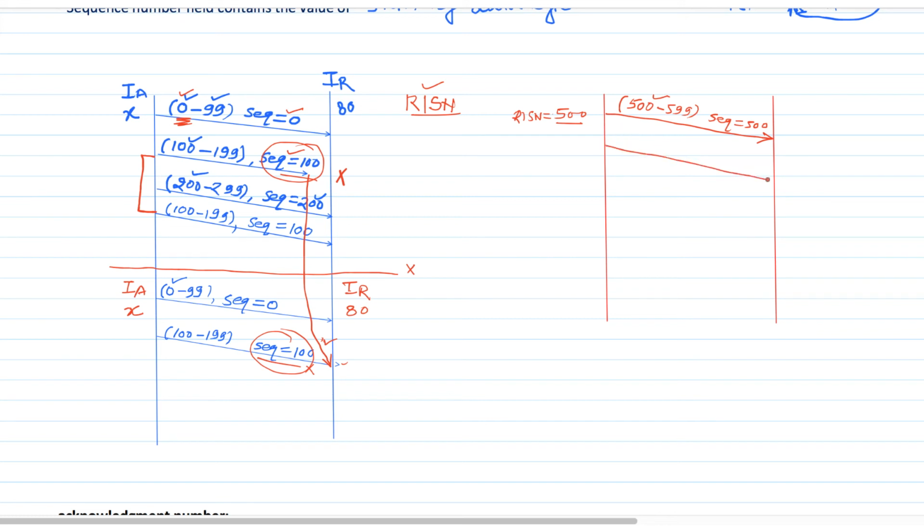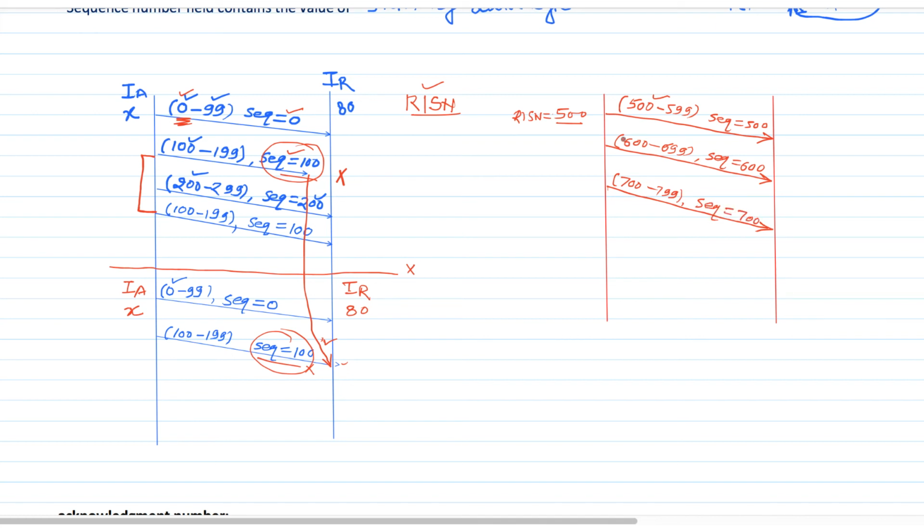Next time, when we send 100 bytes of data, the sequence numbers will go from 600 to 699, and the sequence number field will contain 600. After that, for the next 100 bytes, we use sequence numbers from 700 to 799, and the sequence number field will contain 700.